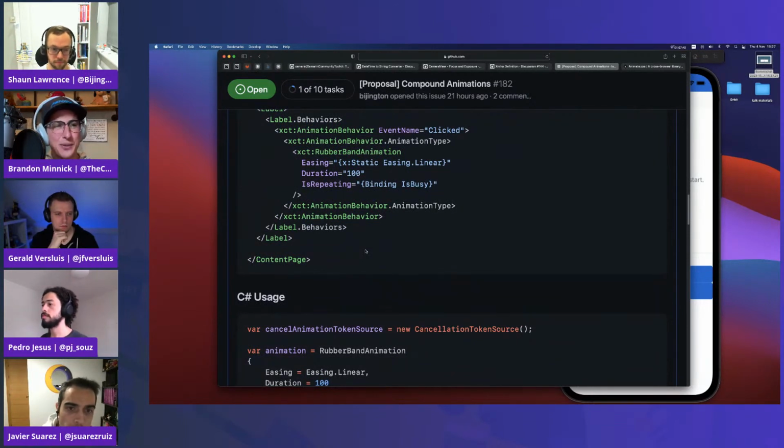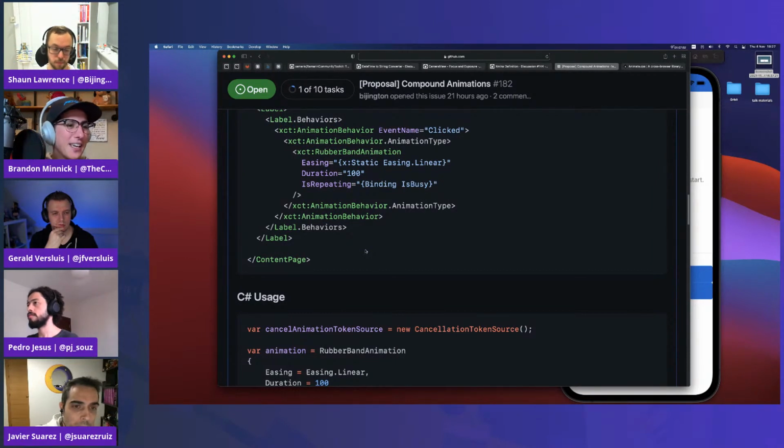When I was reviewing the PR for this compound animation, I was confused why the animations were in the behaviors namespace.